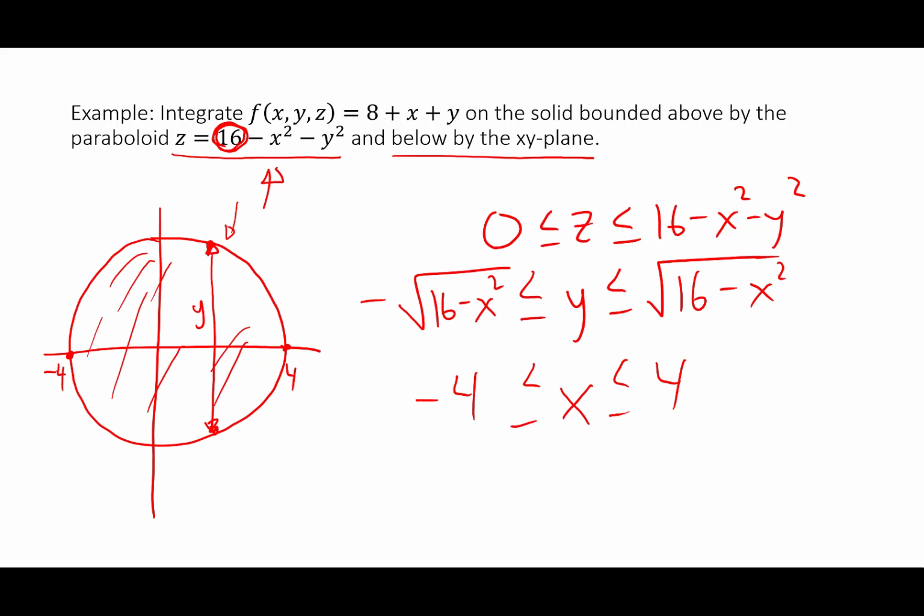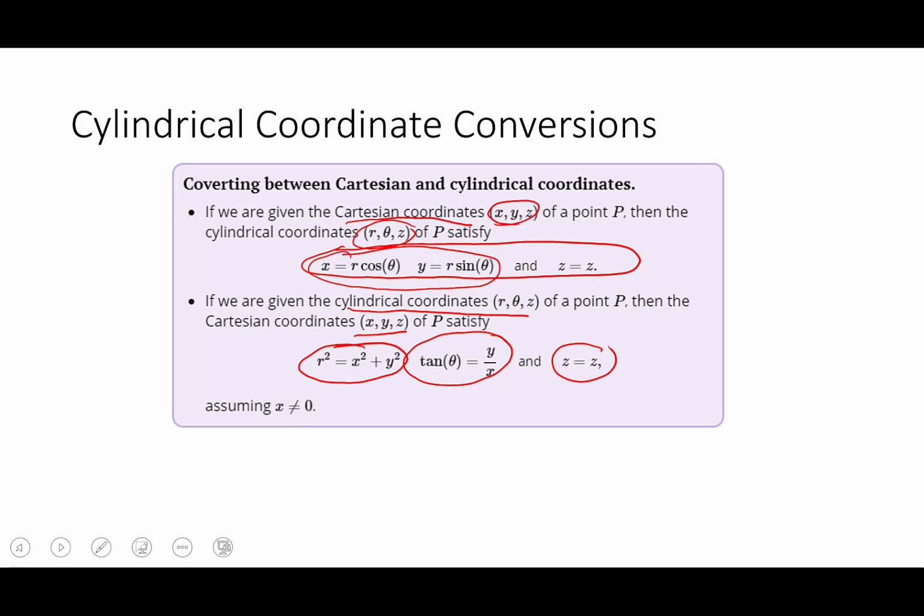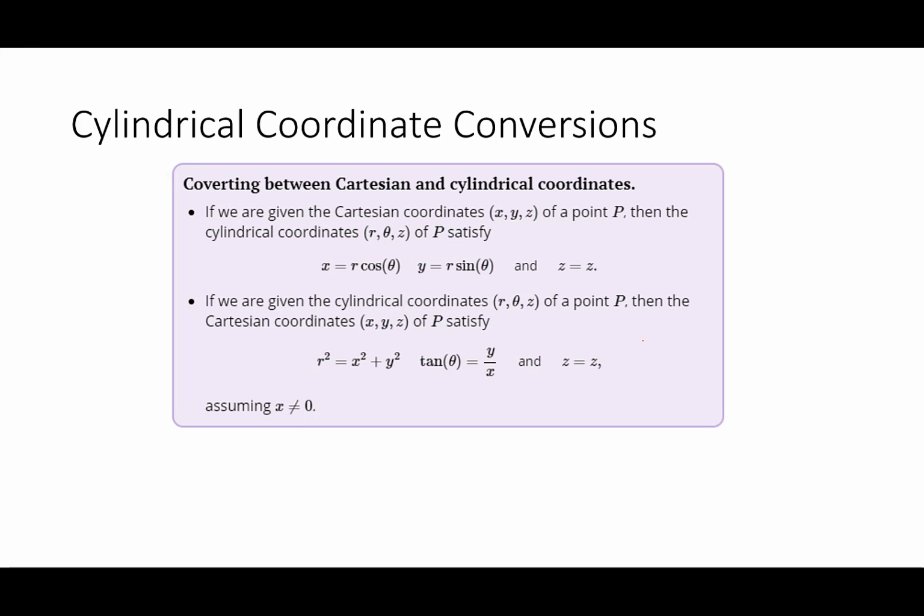Okay, so now let's go ahead and convert to cylindrical coordinates. So remember our conversions. Let me actually go back. Okay, and let me erase this for us. All right, so we have x is equal to r cosine theta, y is equal to r sine theta, and because we're going to need this, notice that r squared